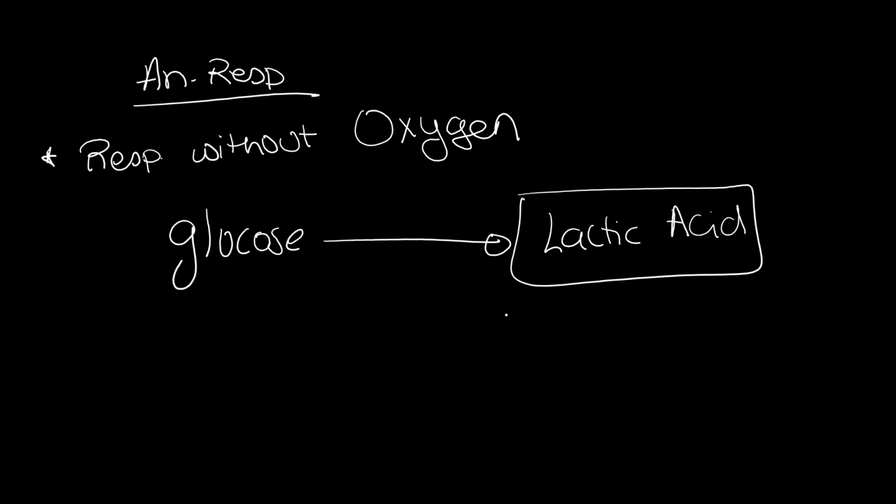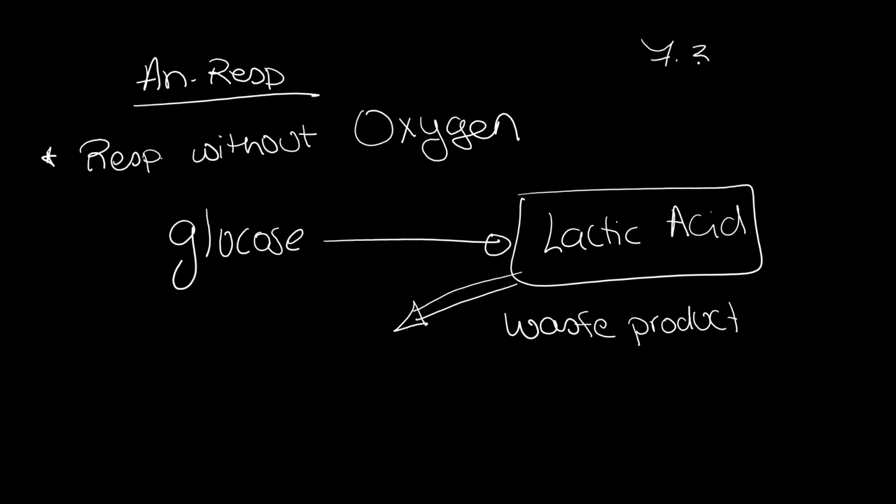Lactic acid is a waste product. And again, it's an acid. It's dangerous. Can you guess why this acid is a dangerous product? For the same reason. It provides an acidic medium in the blood. Very good. Any acid is very dangerous. Your blood is slightly alkaline, by the way. A healthy blood has a slightly alkaline pH. Your blood is around 7.3 to 7.4 pH. When your blood is acidic, this is very dangerous.